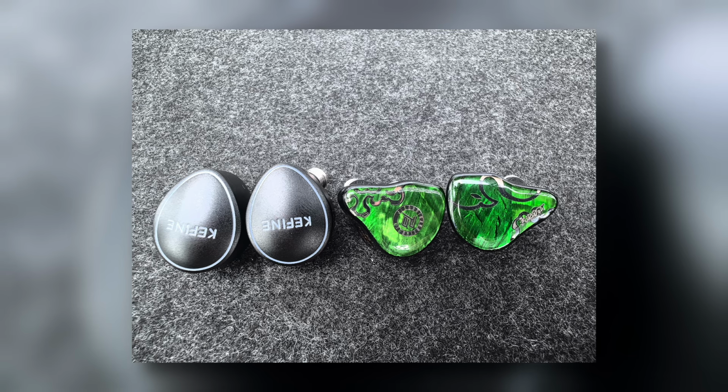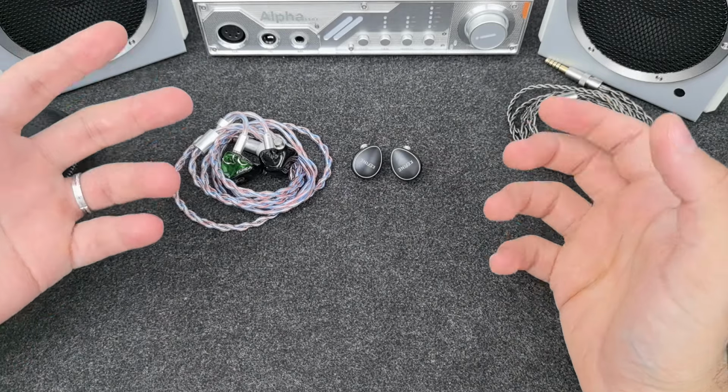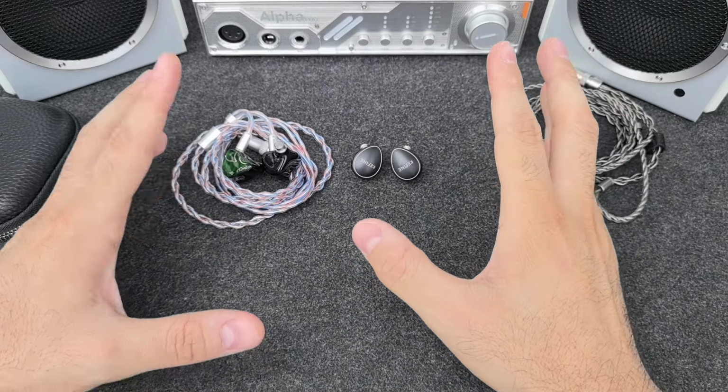Alright, so another 4-driver hybrid IEM is the Juzear Defiant, and this one has been getting a lot of love from the community, and for good reasons. So after testing them both side by side, I will say, just my opinion, I feel the Defiant comes out on top when it comes to the sound quality. I can recommend the Quatio over the Defiant